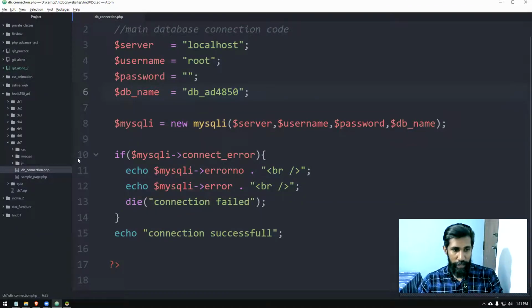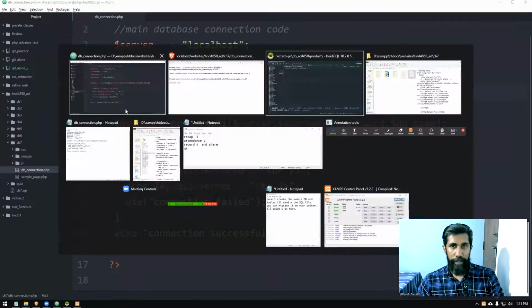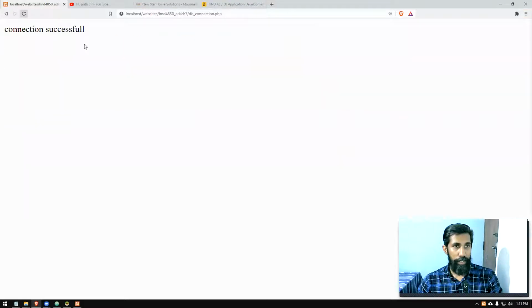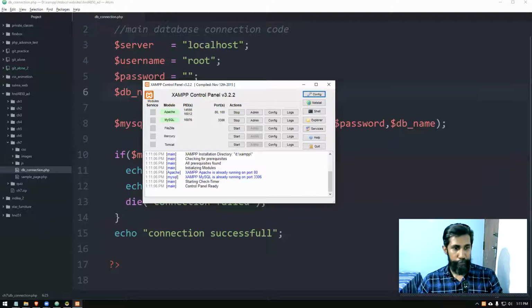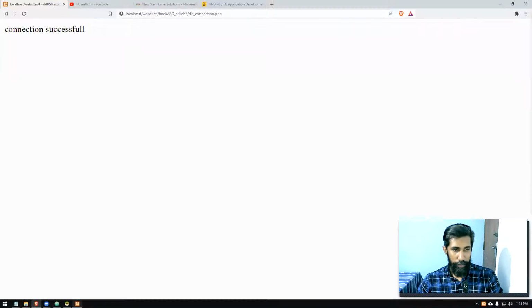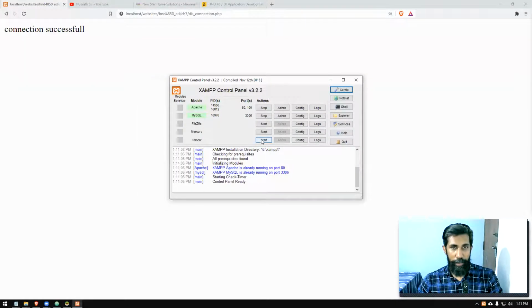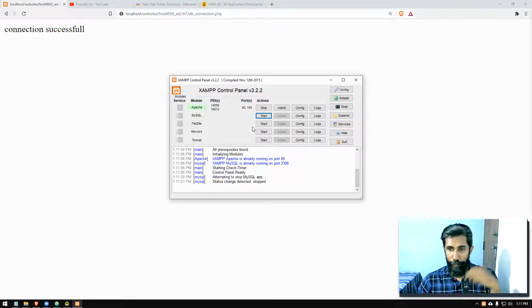The previous one was a mistake made by the developer. I made that mistake. Now let's say your database is down. So I'll refresh this once again. Now I reload and it's working properly. Now what I'm going to do is stop the MySQL service. This is not the fault of the developer. The developer has nothing to do with it. It could be the web server, let's say for maintenance, they are shutting down the server for some hours.